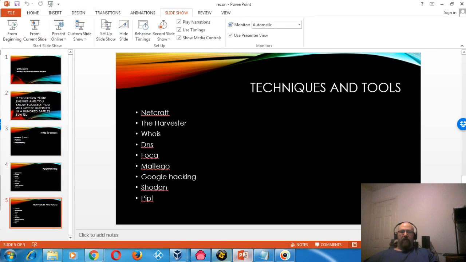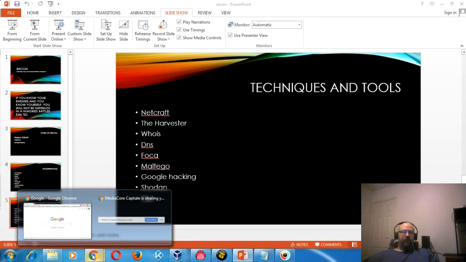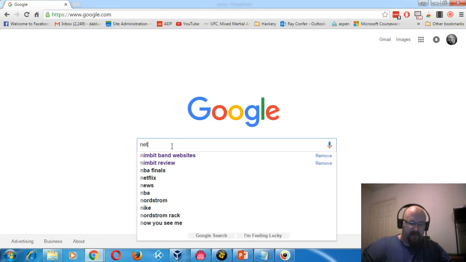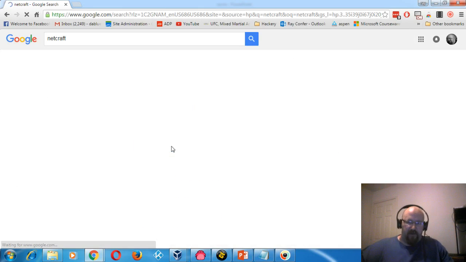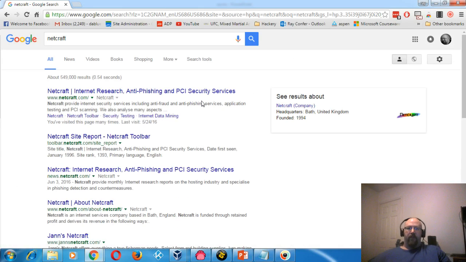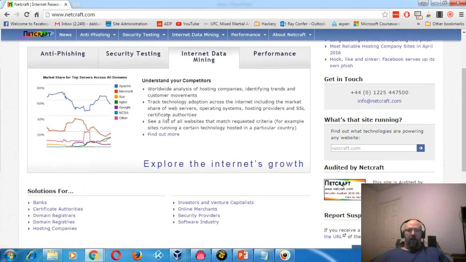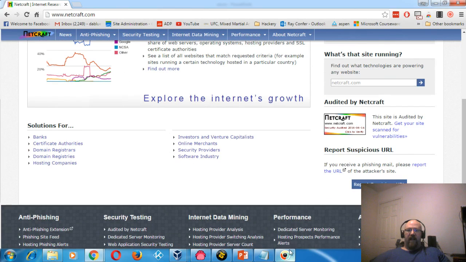One of the ways that I always start off any type of recon is I usually start it off with Netcraft. Netcraft is a great site to check for doing any type of recon that you would do here. And if you go to netcraft.com and on the right-hand side where it says, what's that site running? That's a great place to start right there. So I'm going to pick a college because I got some friends that go to Texas State, so I'm going to pick on them for right now. So we'll say